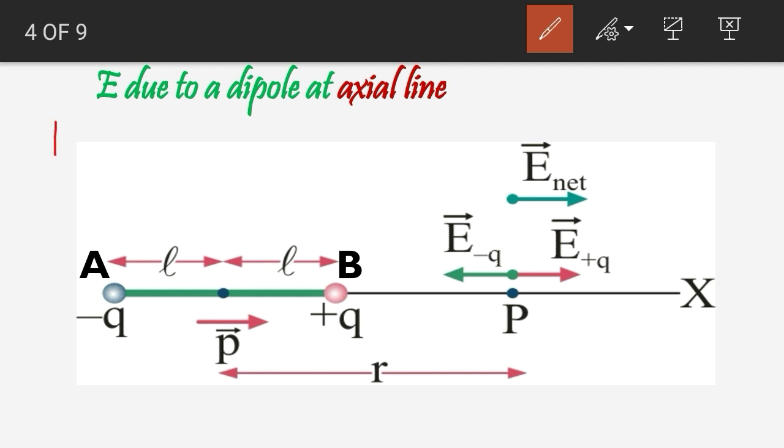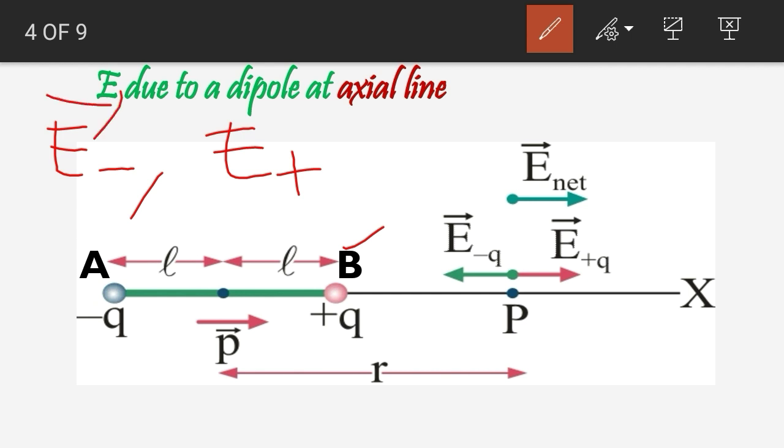First we shall evaluate the electric field due to the negative charge only and give it a name, suppose E minus. Then we shall evaluate the electric field due to the positive charge that is situated at B, and give it a name E plus. Then we shall